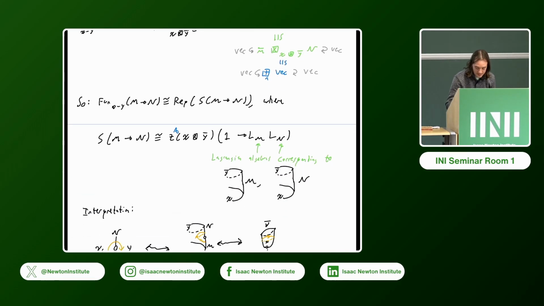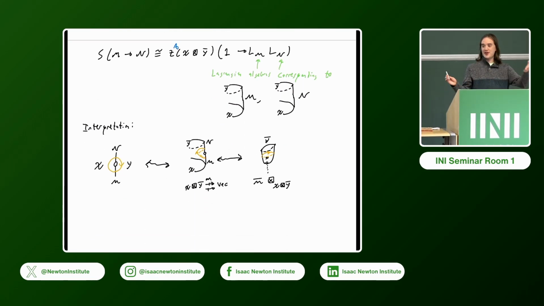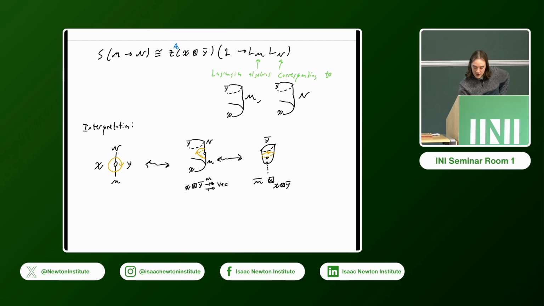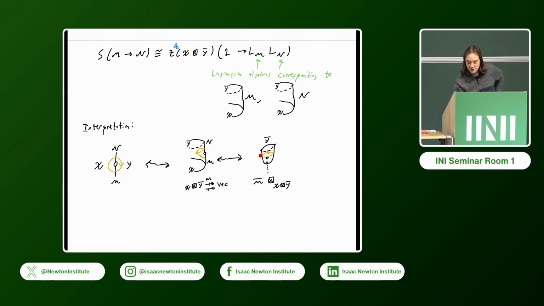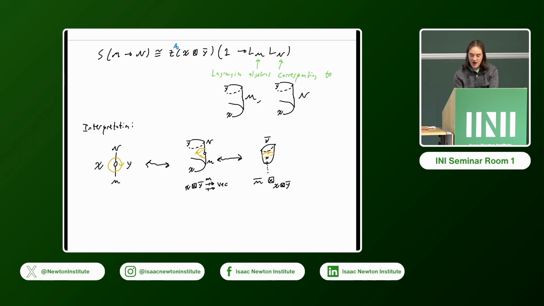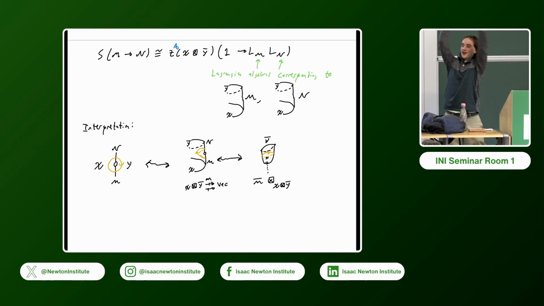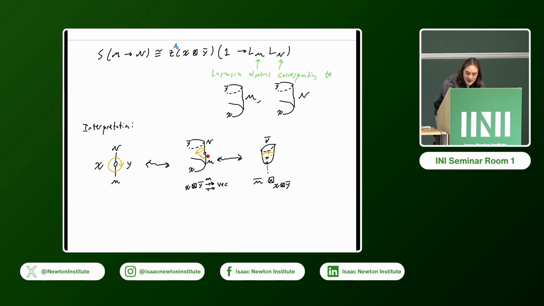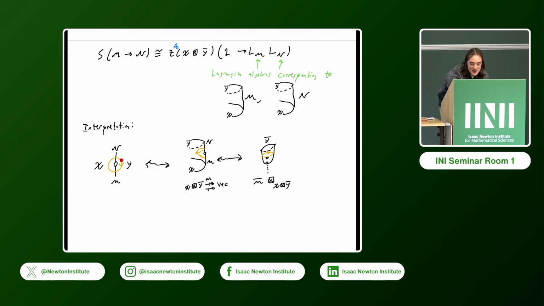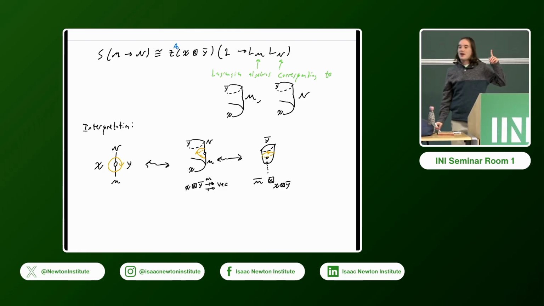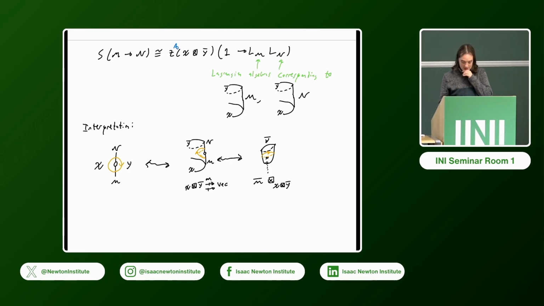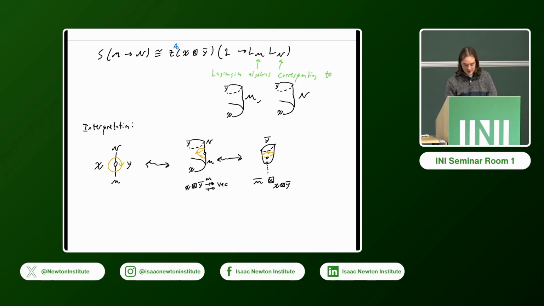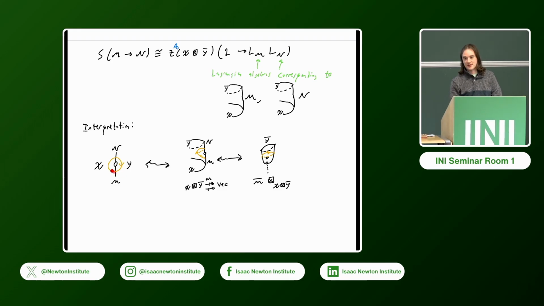And the interpretation of that in terms of string operators is, well, if I had a string operator that goes from this wall to this wall and produces no excitation, that's basically a string that's wrapping around this little tube. And if I unfold like this, that's basically goes around the top and then around the bottom. And if I unfold more, that's just a string going all the way around this vertex. And so it turns out that the algebra of string operators that go all the way around this vertex,